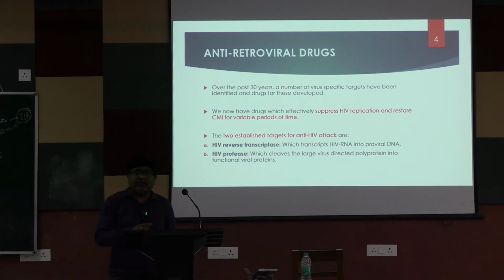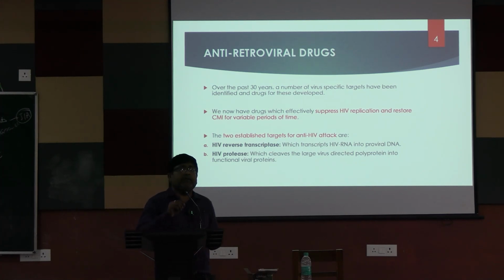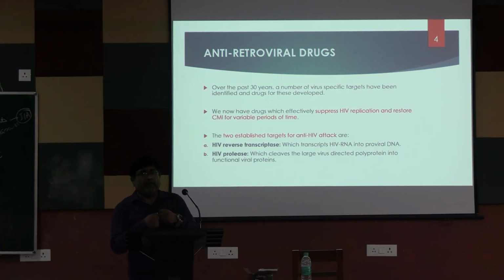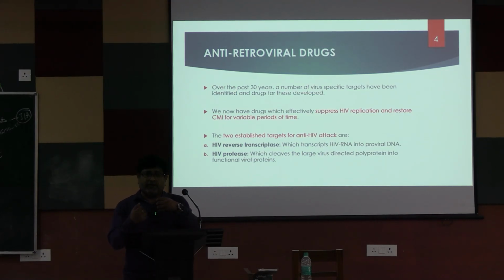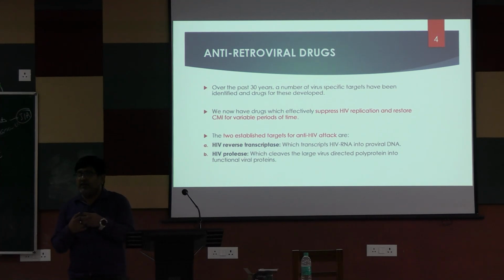Before going to that, we should know how the replication of the HIV virus occurs. Basically, HIV attacks the CD4 plus cells. When the HIV virus binds with the CD4 plus cells, there is the CCR5 receptor on the surface of the host cell. It helps in the anchorage of the HIV virus there. As a result, the membrane of the HIV virus fuses with the cell membrane of the host cell,